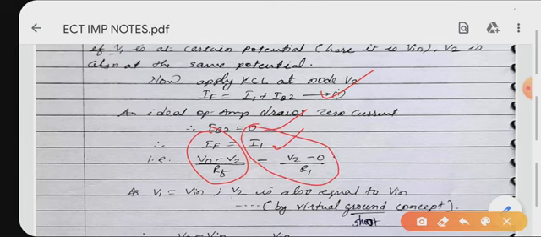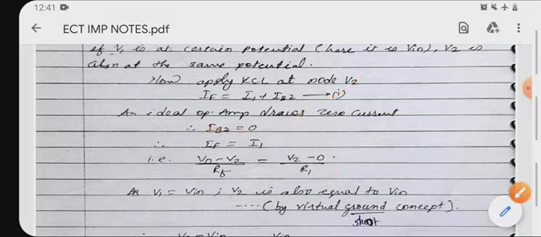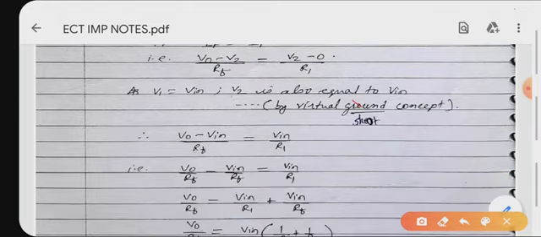RF from VO to V2, therefore VO minus V2 divided by RF, and I1 is equal to, it is the current flowing through R1 from V2 to the ground, therefore V2 minus 0 divided by R1. Okay, so now apply here virtual short concept, not virtual ground, virtual short. Why virtual short? Because here V1 is equal to Vin, in previous case V1 was equal to 0, it was connected to ground. Here V1 is connected to Vin, therefore V2 is also equal to Vin. Whatever may be the voltage at non-inverting terminal, that same voltage is present at the inverting terminal. It is called as virtual short concept.